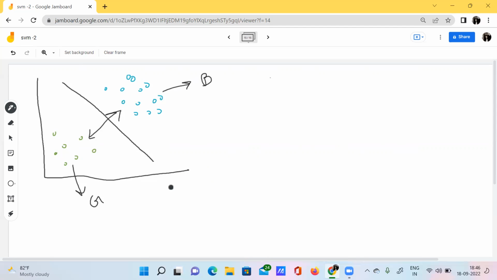So in this scenario, we can apply the maximal margin classifier. Why? Because it has a natural hyperplane. With the help of this natural hyperplane, we can use the maximal margin classifier. So that particular natural hyperplane is nothing but the maximal margin hyperplane, right?